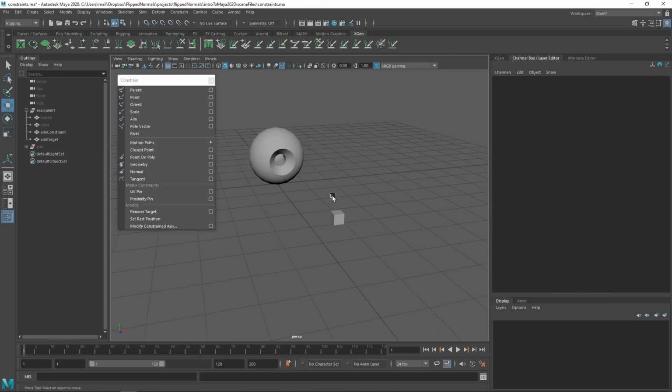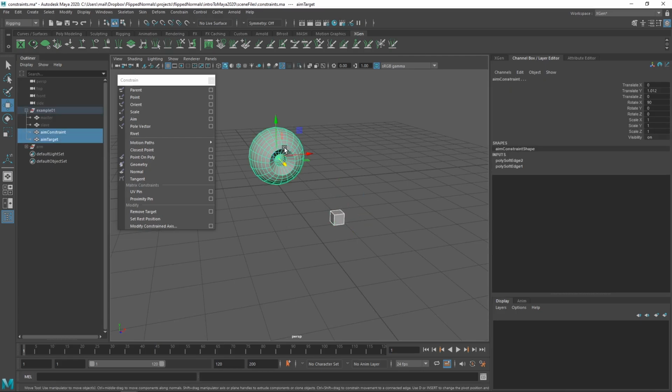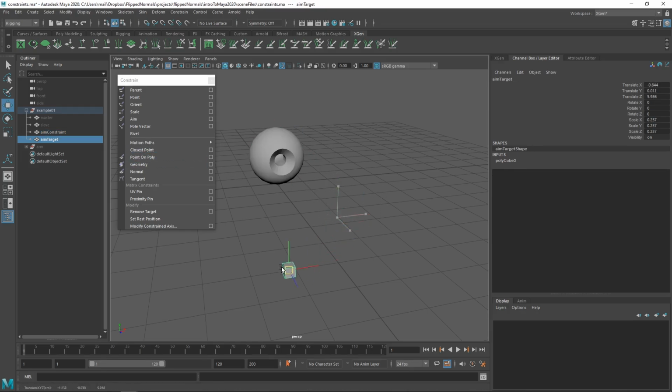The way we activate the aim constraint is we first select the master, then the slave. This is the same with every single constraint. Now, you might be wondering, why am I selecting this first and not this? Well, we want this cube to control the eye. So first we select this, because this is the master, then we select the slave, and then we click aim